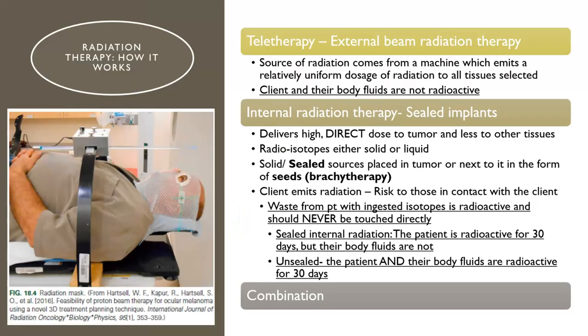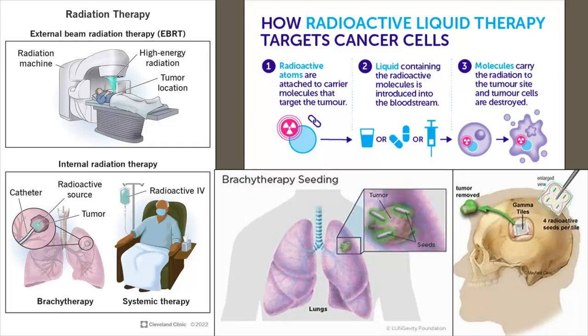So use of radiation, how it works. There are two ways. We can do it externally or we can do it internally. Externally is where, if we look at the next slide, you can see up here, they're in this big machine that looks kind of like an MRI machine in a way, but honestly it has this beam that comes down and burns the tumor really from the inside out.